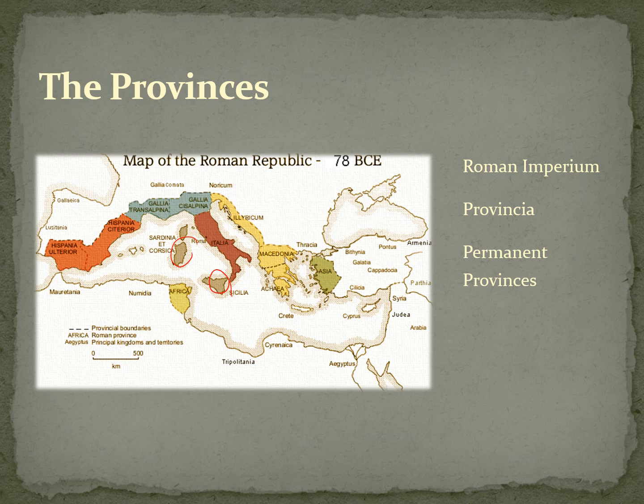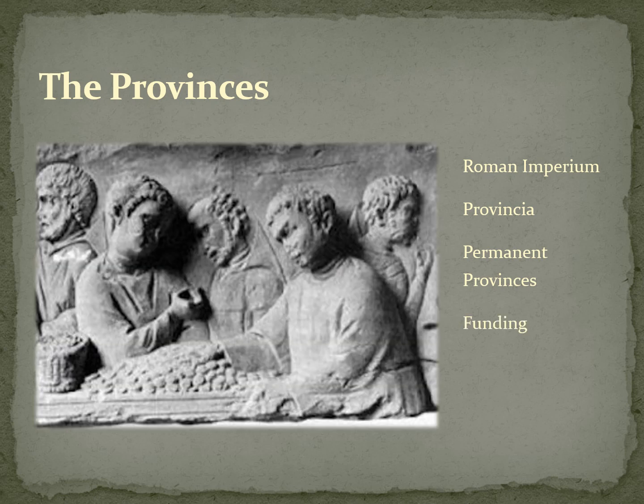Well, this caused new problems for Rome because all of these governors and troops that were out there now needed to be funded. It was pretty cheap the old way, where you just let the city do its own thing, and as long as they contributed troops when you needed them, that was a cheap way to run things. But now this was getting more costly, to station governors and their staff and all the soldiers that were going to have to be kept there on a permanent basis.